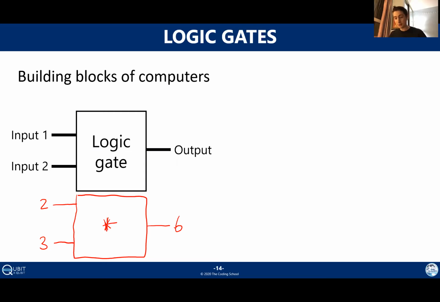Now, I want to ask you sort of a thought question. If some alien race came down to Earth and had no idea what multiplication was, how would you describe this box? How would you get that information across to them? Well, one way you could think about doing this is by making a table. You could make a table where you list out every possible combination of inputs and what the black box does to get the output.